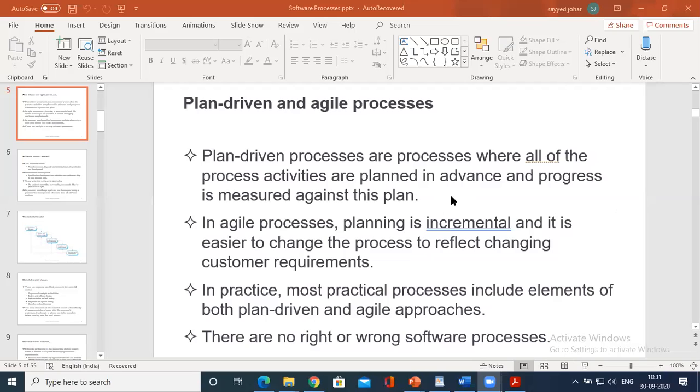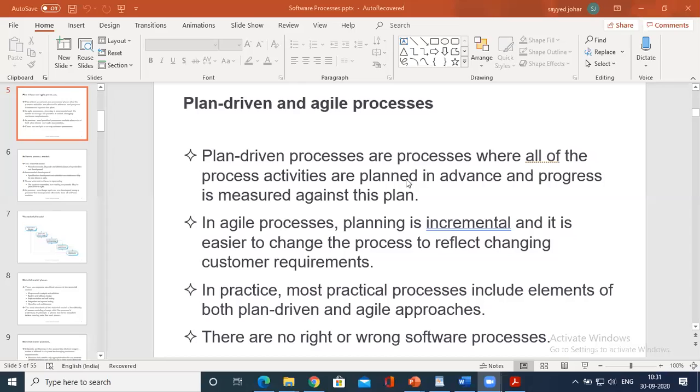Those who have not understood the agile process: planning is incremental. You don't plan validation until you finish the development. Until you finish the requirement gathering, you will not move to the development process.